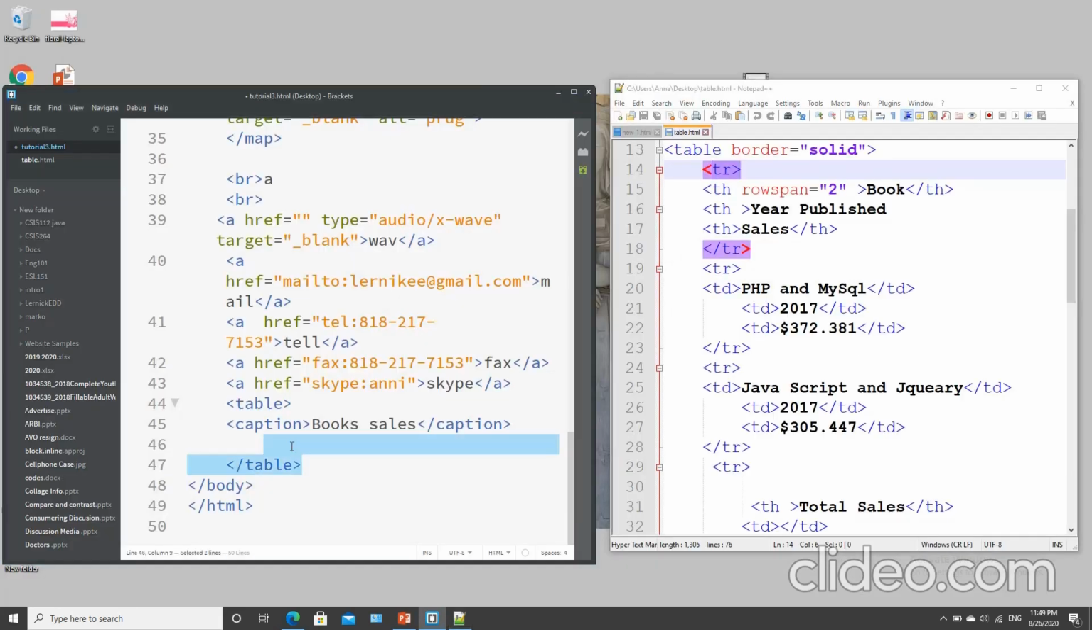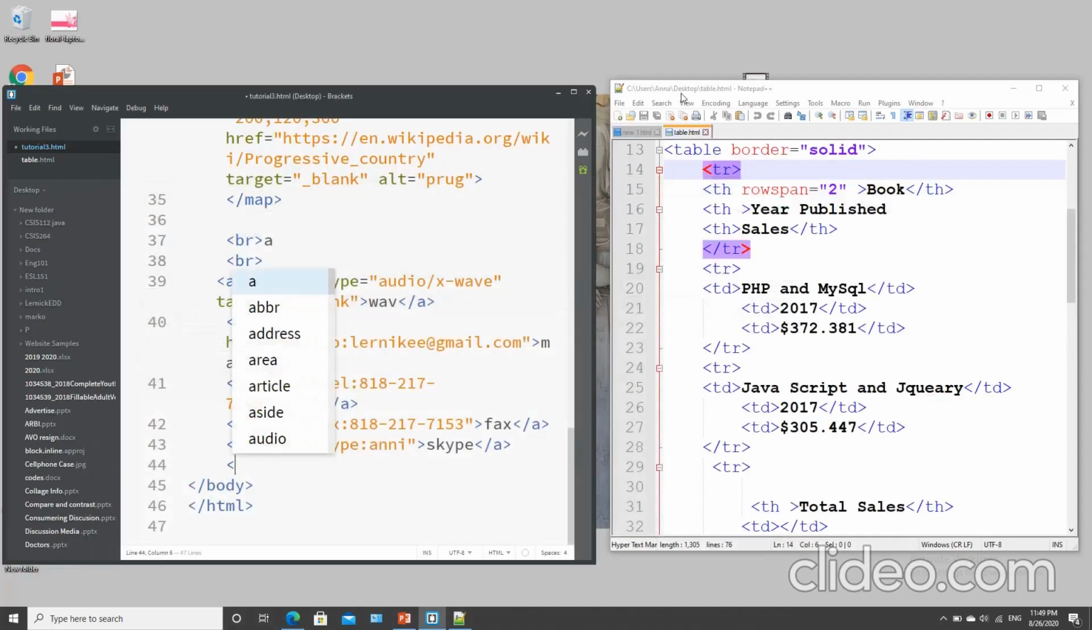Now I'm going to show you two tables here. We are going to make these two kinds of tables. One is a regular table and the other one you group your table with columns and rows. For the table you need to write a table element,